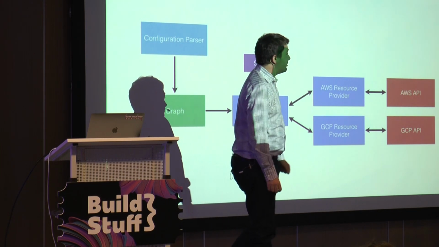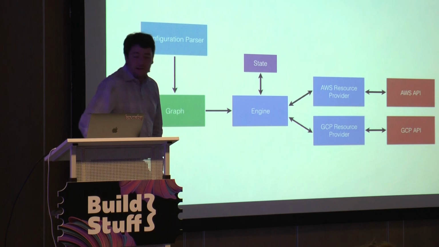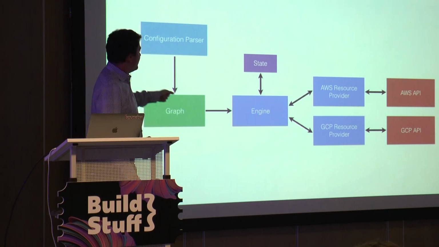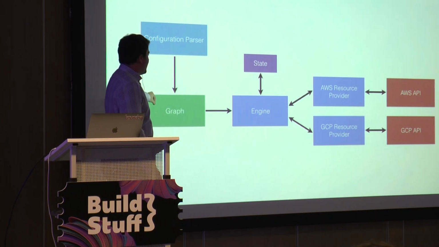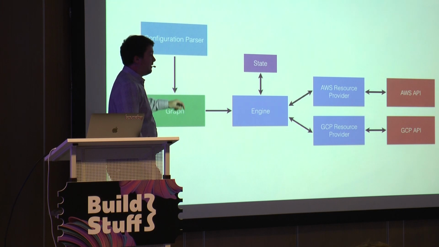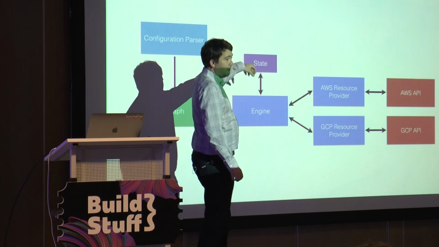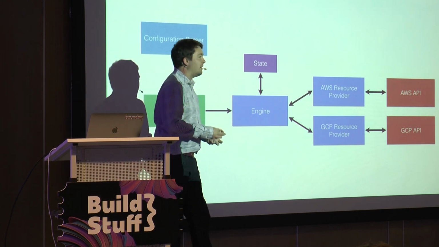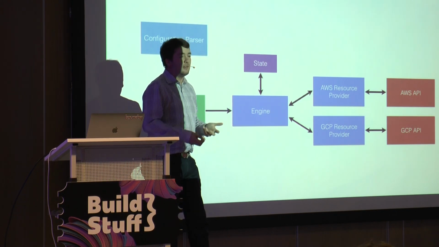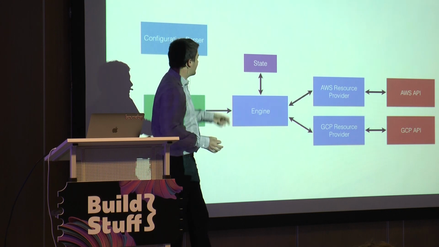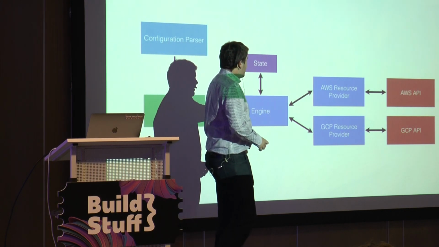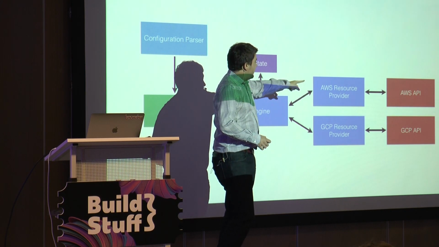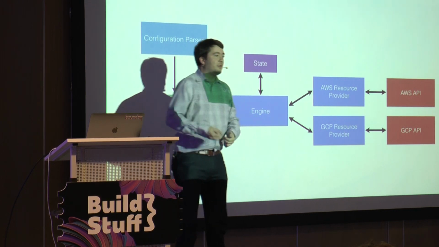So you can imagine if we ran that VPC example we just had, it will get a single node in our graph, which is the VPC that you want. It either exists or doesn't exist in the real world now, or it could exist with some different properties set. So maybe we have to go change, like the CIDR block range or something like that. We'll get a diff out of it, and then we'll make calls through the AWS resource provider to the AWS API.